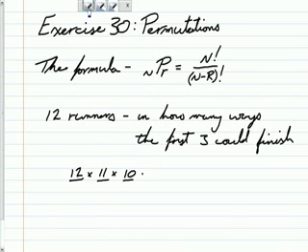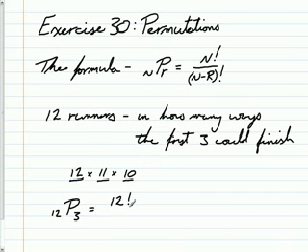Now, what I'm going to do is show you how this permutation notation actually fits in. What we would do to use permutations is we'd say, well, there's 12 runners, and 12 permute 3. That really means I'm going to have 12 objects. In how many ways can I arrange 3 of them? And that works out when you use the formula to 12 factorial divided by 12 minus 3